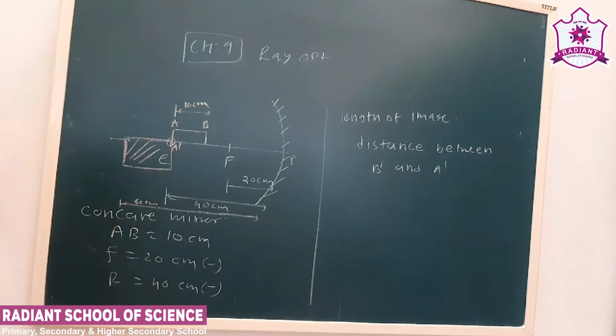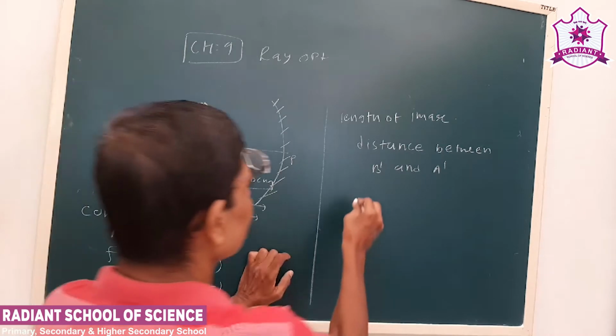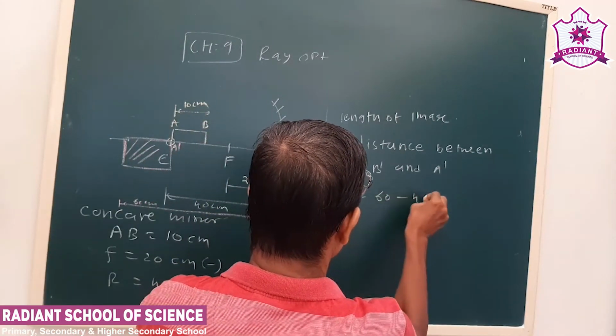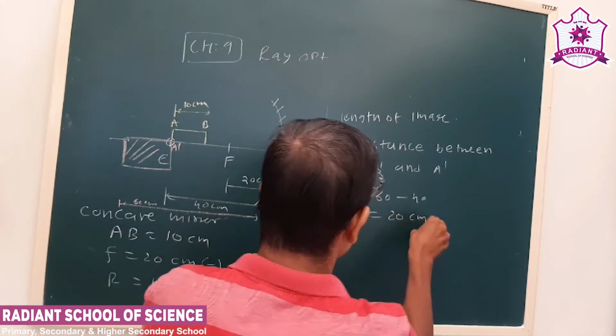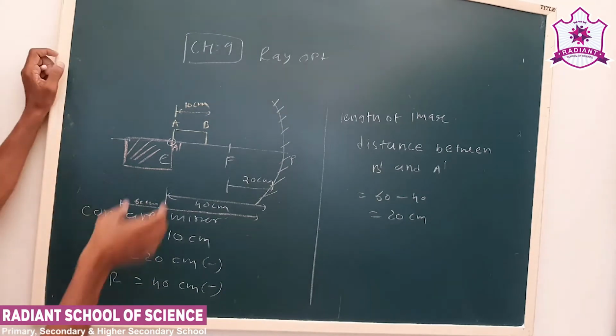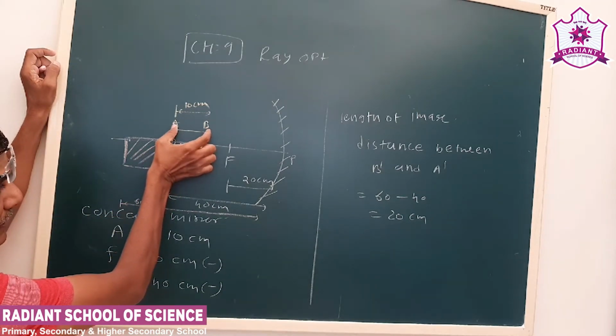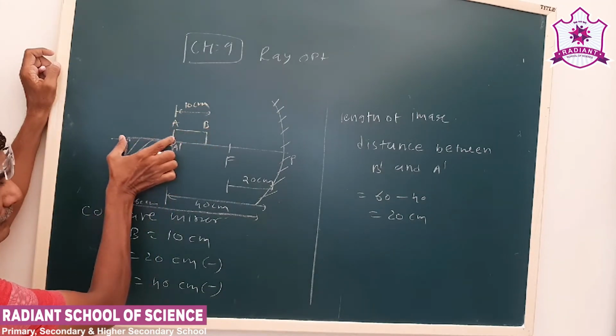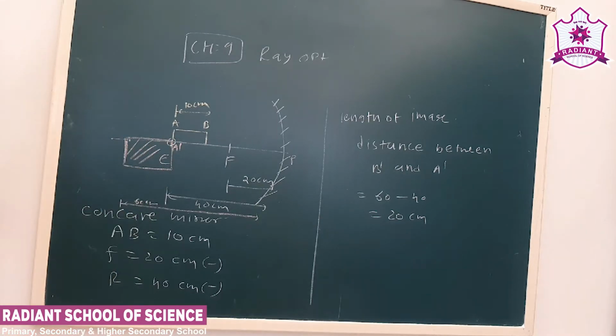Okay, now B dash we have got 60 centimeter. A dash we have got 40 centimeter. 60 minus 40, 20 centimeter. So what we can say? The object is of 10 centimeter size, and the image will be of 20 centimeter size. Okay, so this is how we can solve